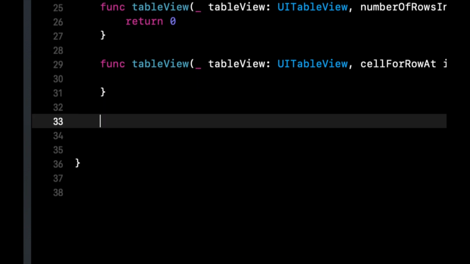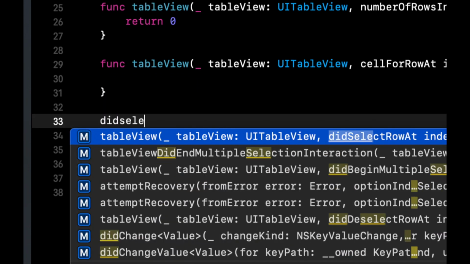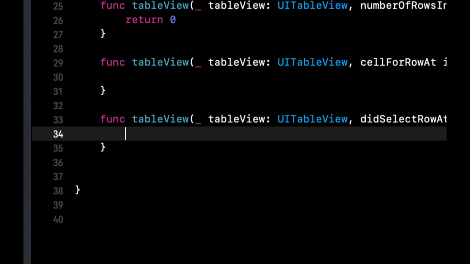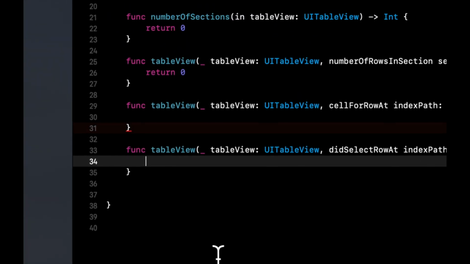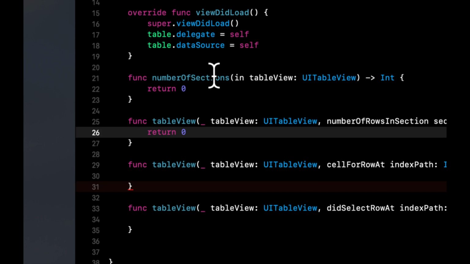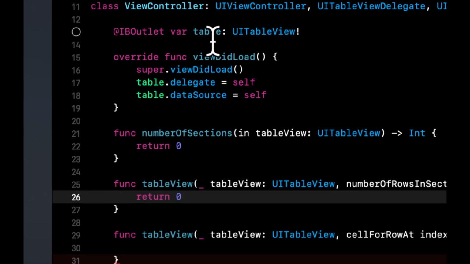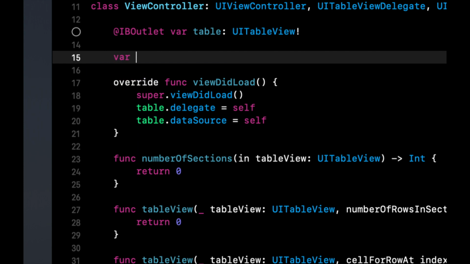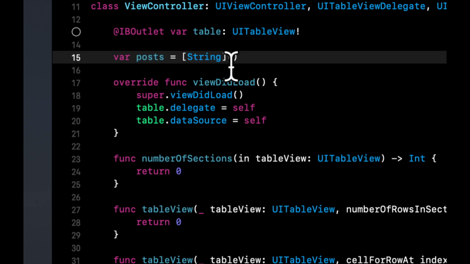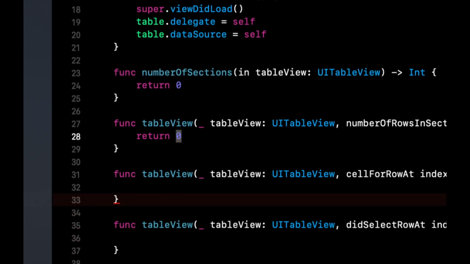And we also need to have the function didSelectRowAt indexPath, which gets called when the user taps on a cell. So as mentioned, right now we're just returning 0 here, but we need to create an array of, let's say, posts, and let's just say it's an array of strings for now, and we want to return the number of posts